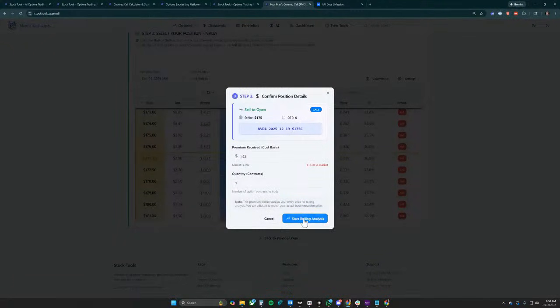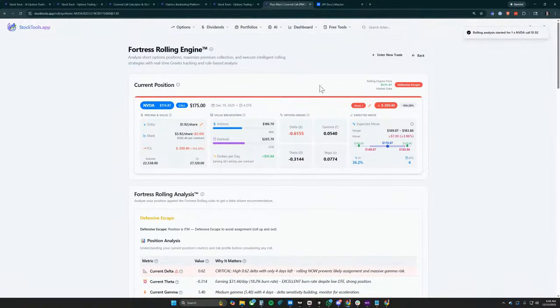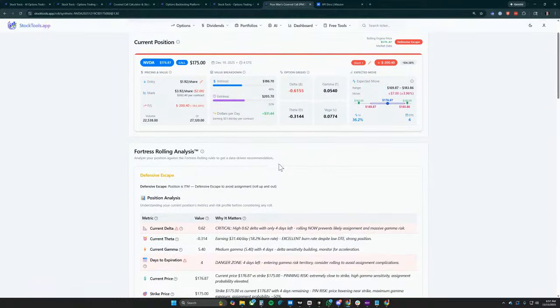So looking at this, this is my rolling engine real quick. I selected a contract expiring this week that's in the money, and I set the price so that I'm losing $2 on it. So I'm like, what do I do with this contract right now, right? I'm down $2. There's $200 of extrinsic left on it. I'm earning $31. This is all live too.